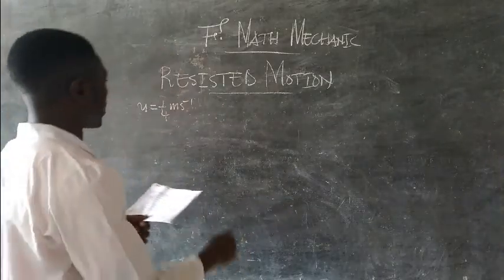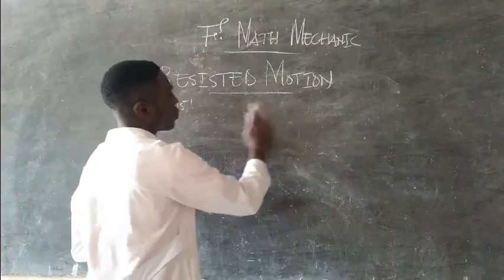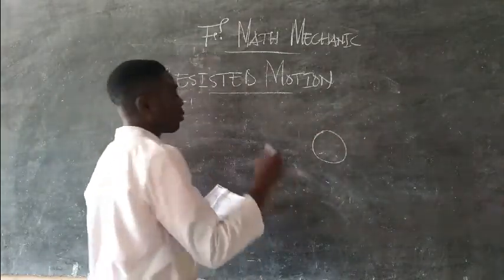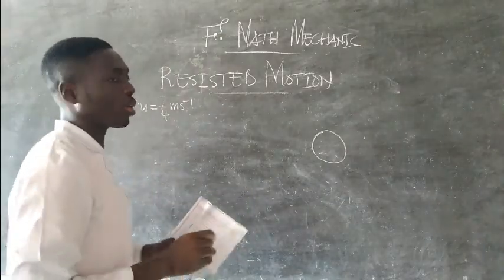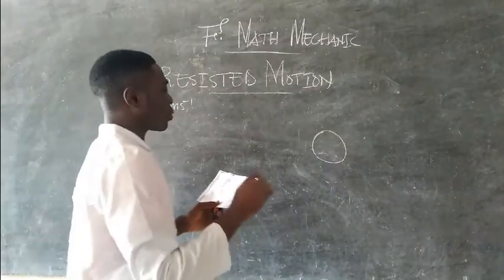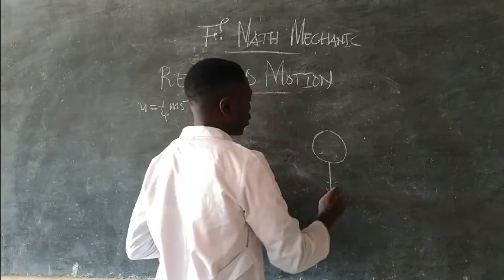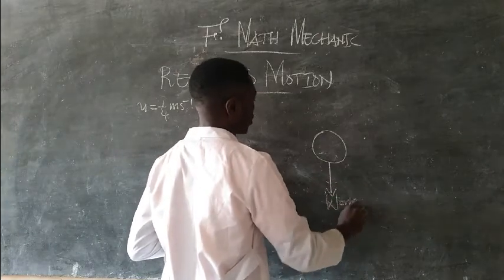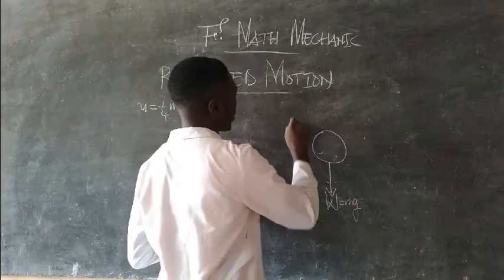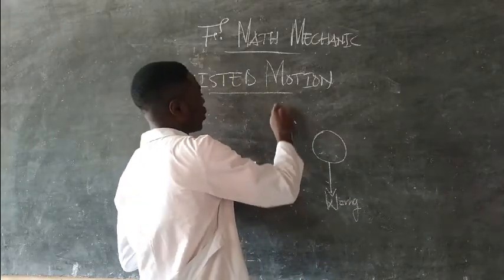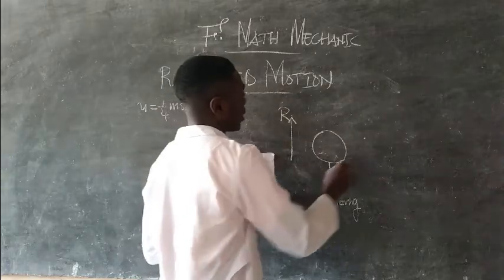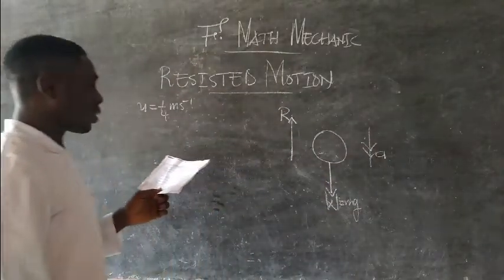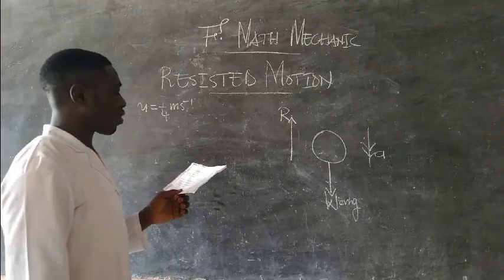So the very first thing is, you should be able to produce a diagram of the particle. While I'm reading, for your better understanding, I'll do everything at once. They said it's projected downwards, so the weight of the particle always acts downwards, weight equal to mg. The resistance will be acting in the opposite direction, and its acceleration will be downwards. So that is it: downwards in a medium which exerts a resistance of magnitude